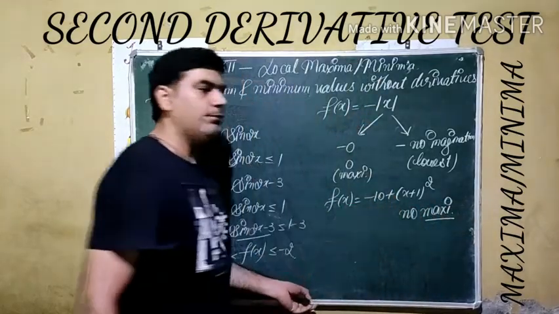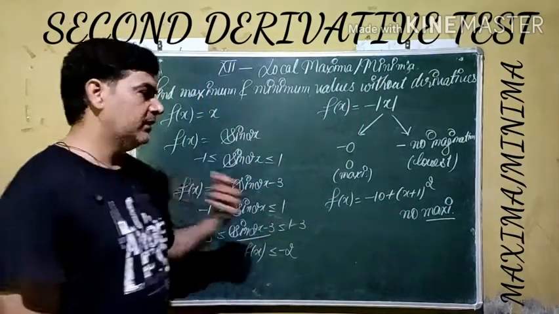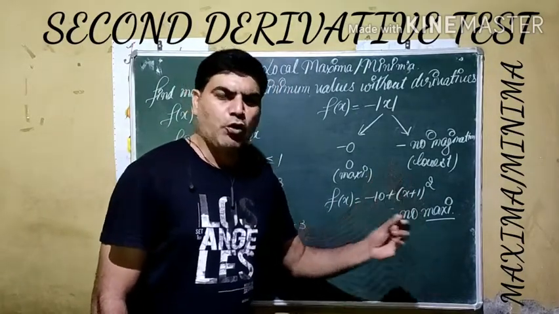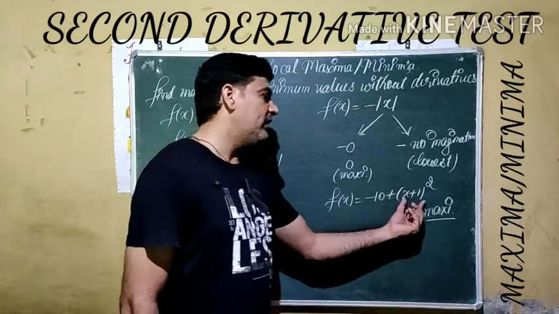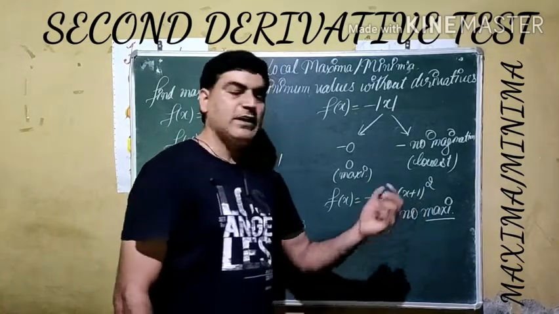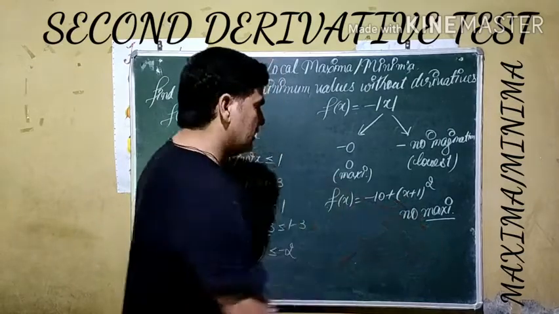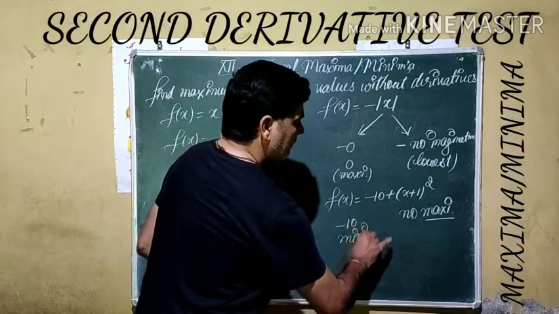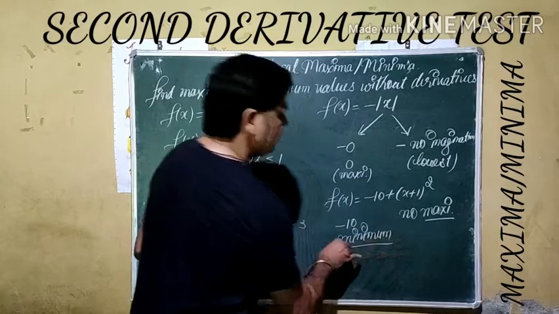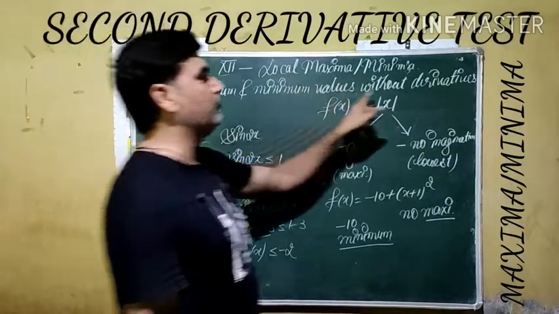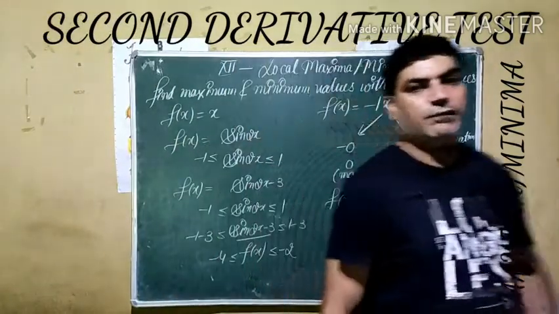And what is the minimum value? Minimum value means the highest negative of it. The more value we add to -10, the answer becomes bigger, so the added value should be 0. If we add 0 to it, the final answer of the function is as low as possible. So the lowest answer is -10. This is known as the minimum value of the function. So like this, we can find the lowest and highest value of the given function without the use of derivative.